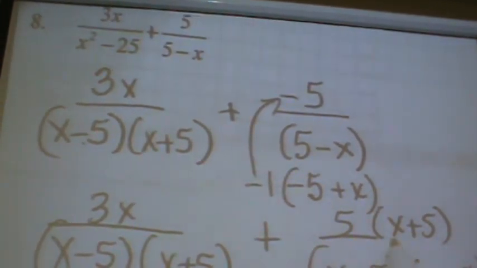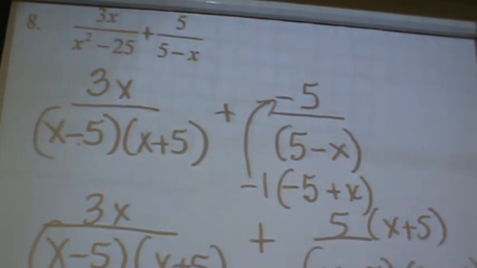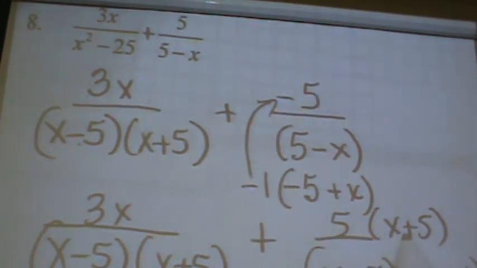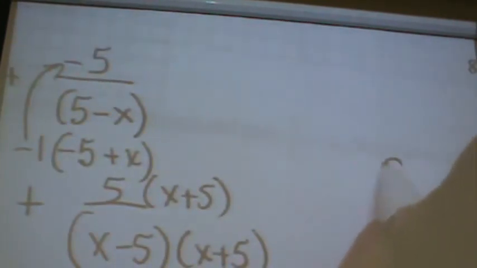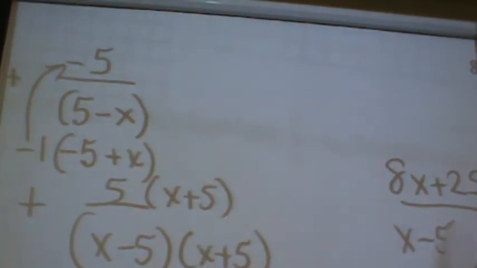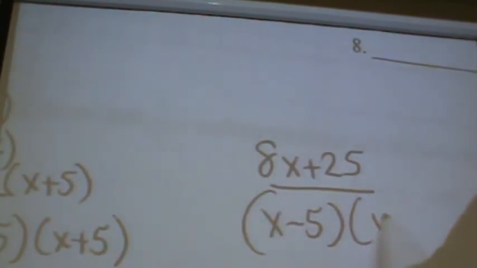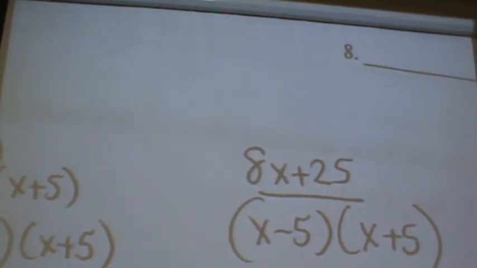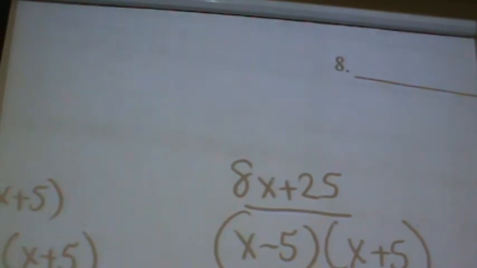So let's do this. What's 5 times x and 5 times 5? Well, 5x plus 25 gives us 8x plus 25 over. And we're done. You're done now. And I'm going to move through